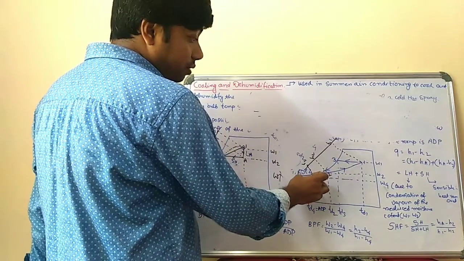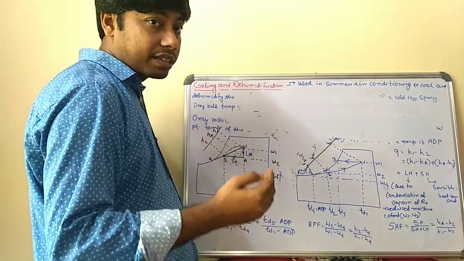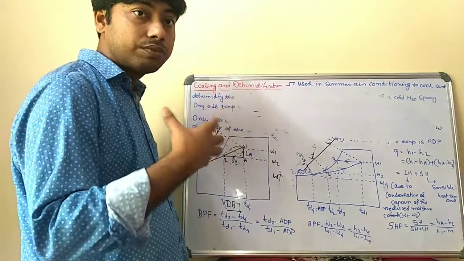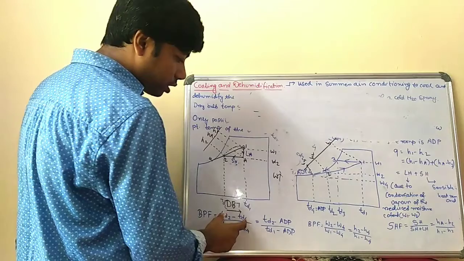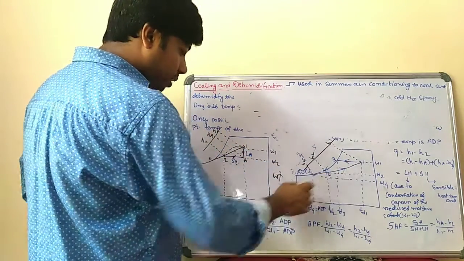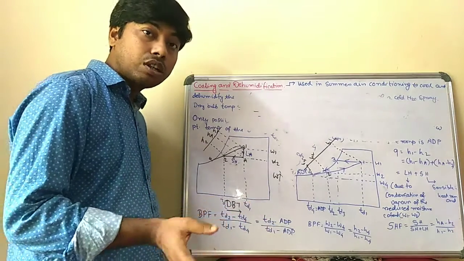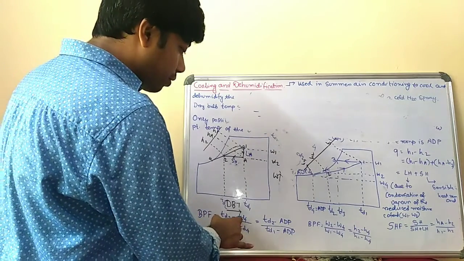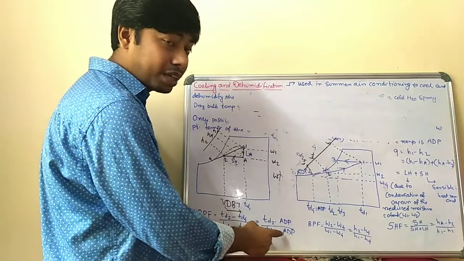If the air reached the 4 point, that would be the maximum limit, and that is not possible. So only some part of the air is fully contacted with the cooling coil. That's why there's a gap: the temperature difference TD2 minus TD4 divided by the temperature gap between the maximum and minimum, that is TD1 minus TD4. Now TD4 is also called the apparatus dew point, so in terms of TD4 you can also write ADP. So TD2 minus ADP divided by TD1 minus ADP.